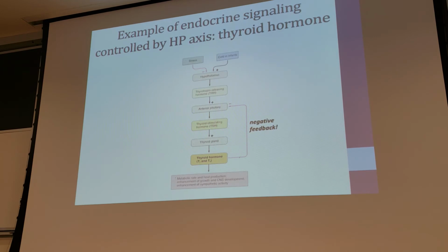So here we have an example of this multi-step control of hormone release. So the end hormone, thyroid hormone, has a bunch of different effects, right? It increases your metabolic rate, it changes the expression of different receptors for other hormones. In tadpoles, it's necessary to get rid of the tail and become a frog. It does a bunch of different things. Very important hormone. Things that might regulate it, stress. In babies, if they're really cold, that would tell the hypothalamus, hey, it's good that we would have some more thyroid hormone. So the hypothalamus makes its thyrotropin releasing hormone, or TRH,